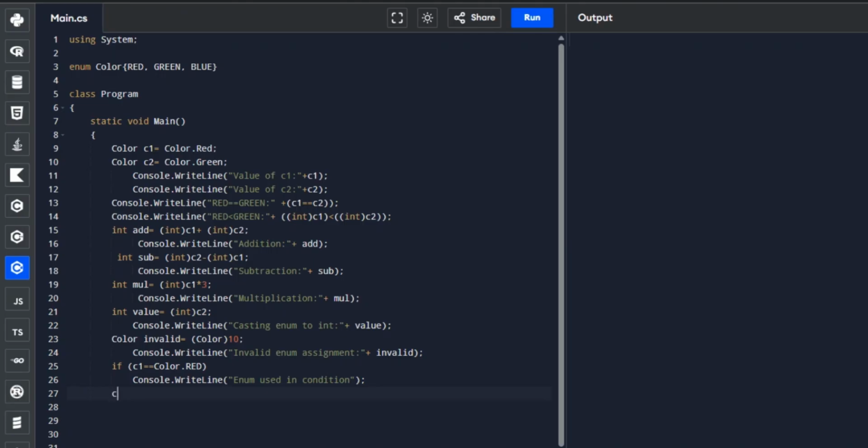So let's start with C1 equals, that's going to increment the C1.